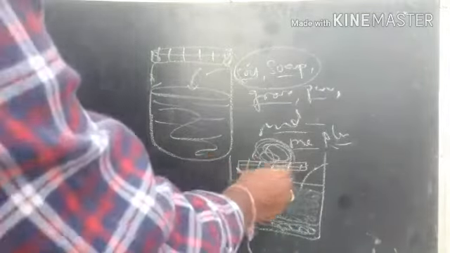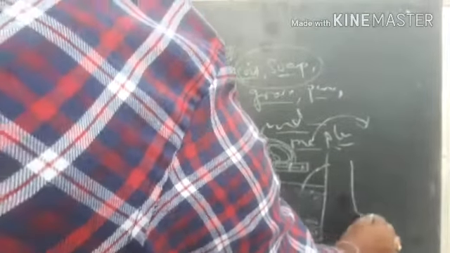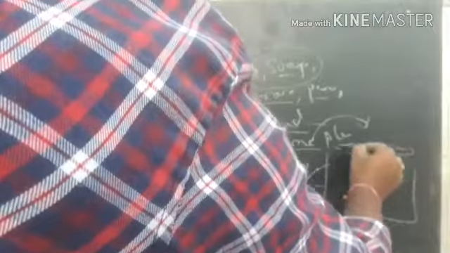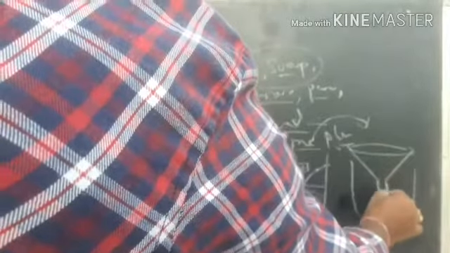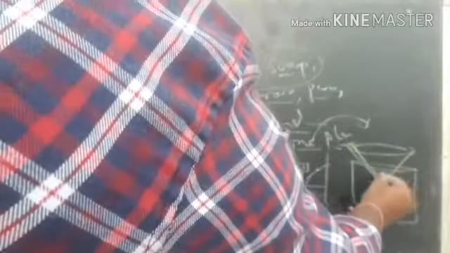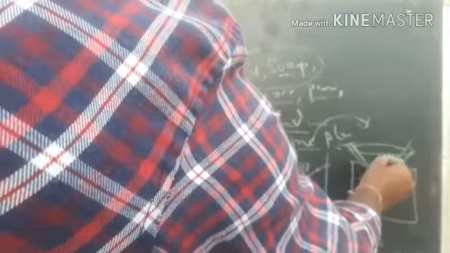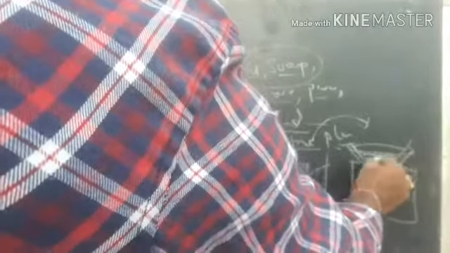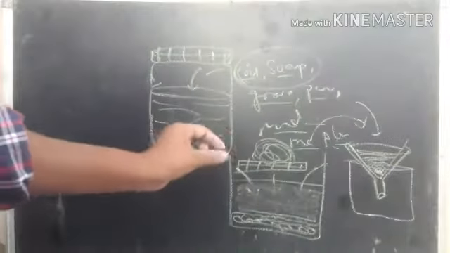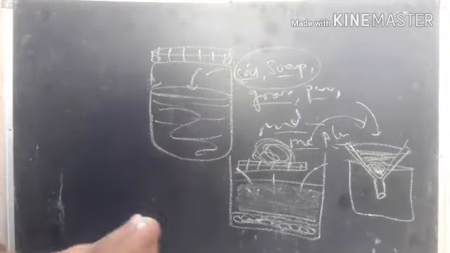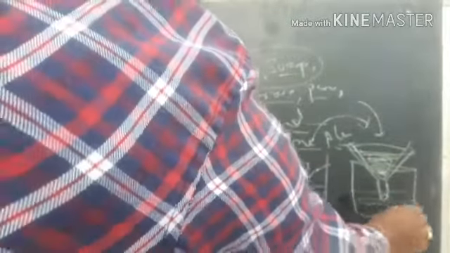Now by the process of decantation, you may take the upper water into the next beaker, but while doing so you need to arrange a filter paper here. Now take gravel and fine gravel, after that sand. Now pour the impure water through it, then whatever solid, suspended particles are there are going to be stuck in the filter paper and gravel, and the pure water comes out.